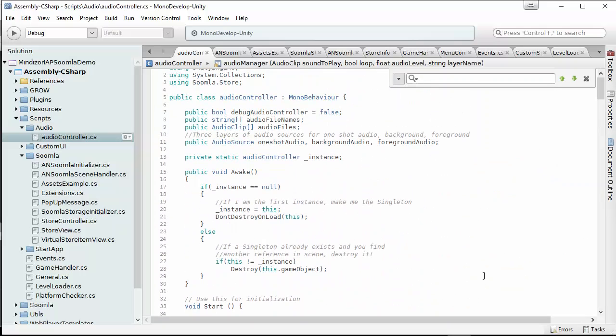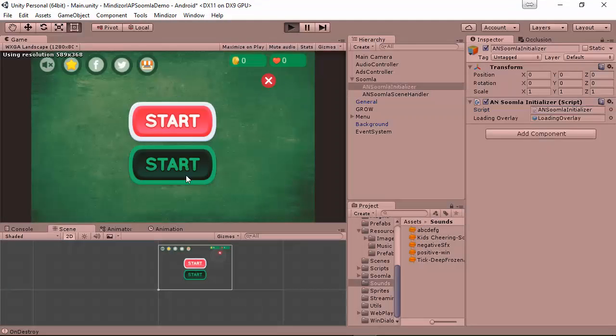And it's really a great way to manage your audio in different layers inside the game. So here, if you go to the main scene, for example, and click play,